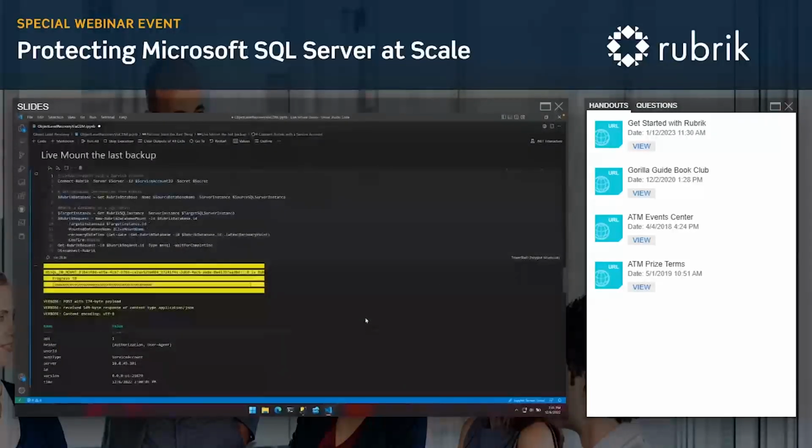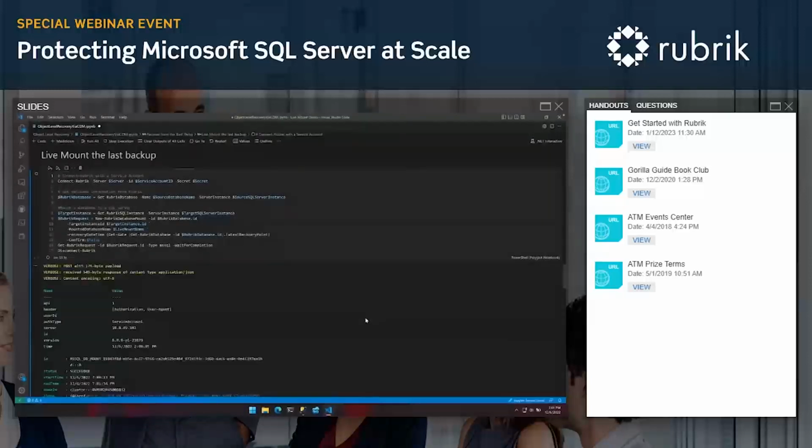This can be used not just for things like object level recovery. You could also use it for things like backup validation. What I always tell customers is that if you're not validating your backups, you don't have a backup. So you can live mount very, very quickly and prove that your backup is good. Because if you can restore it, which a live mount is a restore operation, your backup is good. You've just proved that your backup is valid.